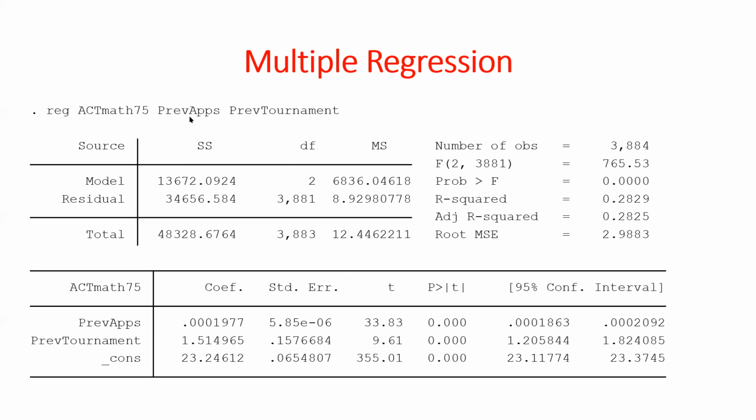But now we can interpret the coefficient on previous tournament. Previous tournament, right? Were they in the tournament in the prior year or not? If they were, holding constant the number of previous applications, we would expect the 75th percentile of their incoming freshman class's ACT math score to go up by 1.5 points, which may not sound